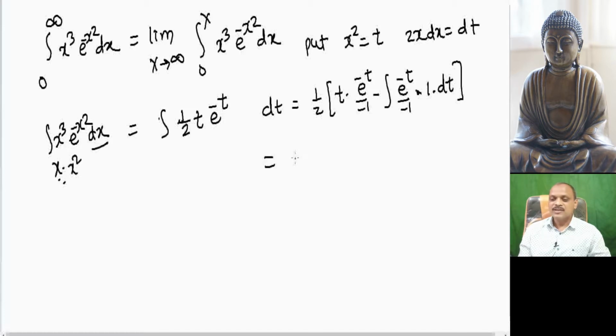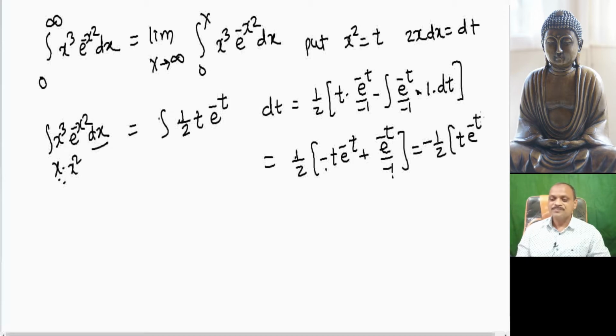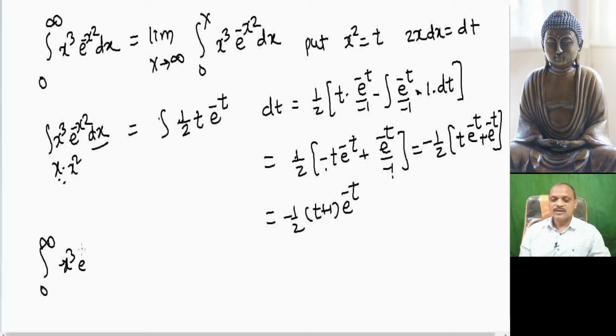Equal to 1 by 2 into minus t into e raised to minus t, minus minus becomes plus, integration of e raised to minus t is again e raised to minus t divided by minus 1. Now we can take minus common: there is minus here and minus here, so minus 1 by 2 into t into e raised to minus t plus e raised to minus t, or minus 1 by 2 into t plus 1 into e raised to minus t. Then integration 0 to infinity of x cube into e raised to minus x square into dx